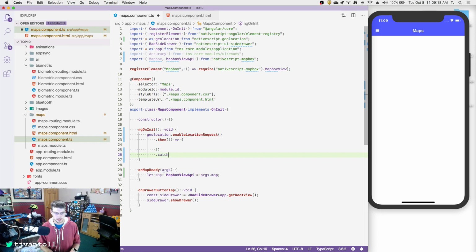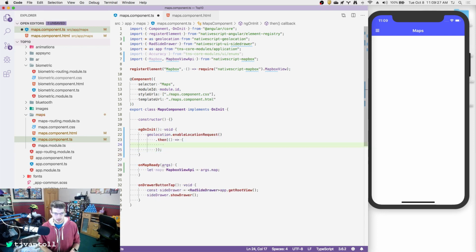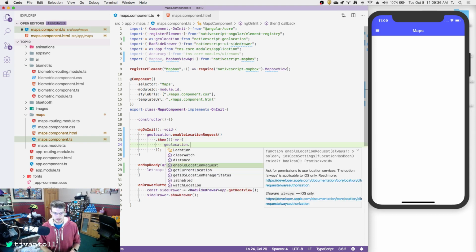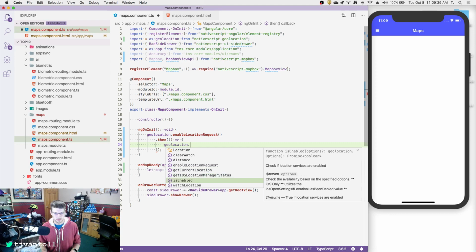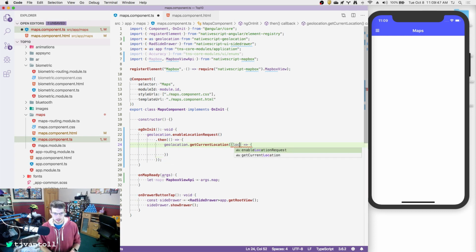So you'd say then, oh, is it even a catch? I can't even remember. We'll just do this first. So you'd enable the location request, which is going to work fine on this simulator. And when you get it, you can also get the user's current location. Get the current location. All right, I know what it wants. You have to provide